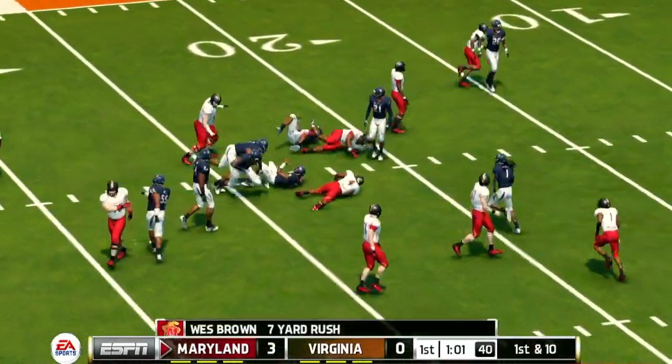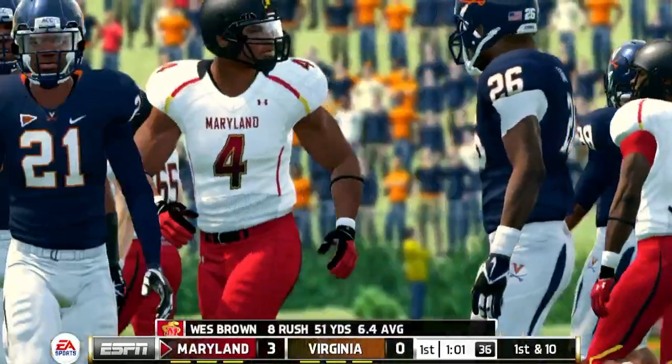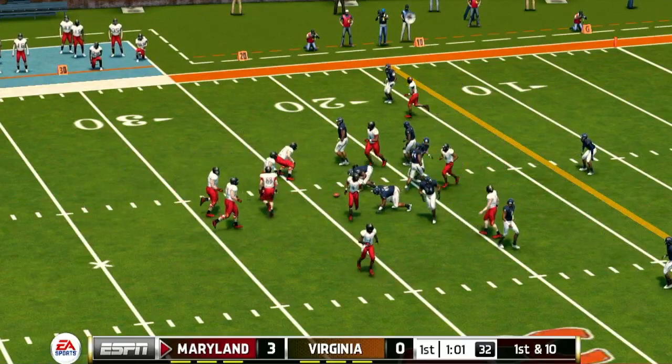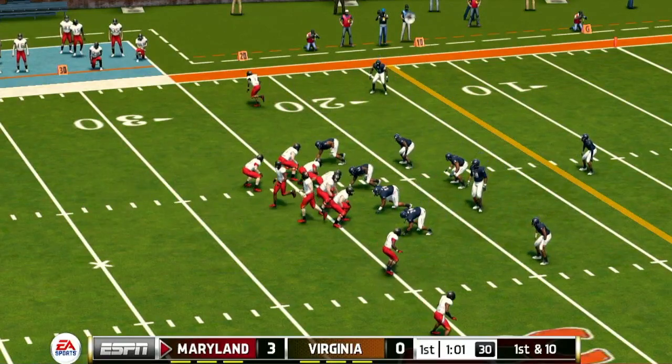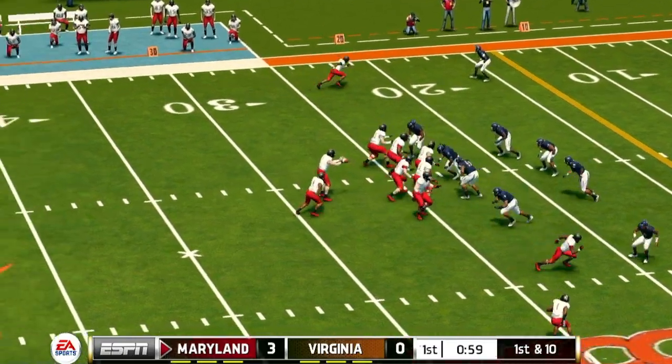Up the middle for a nice gain. Gain of 7 yards. 1st down. Hey, hurry up, hurry up. On the ball, let's go, hurry up. Kill. Green